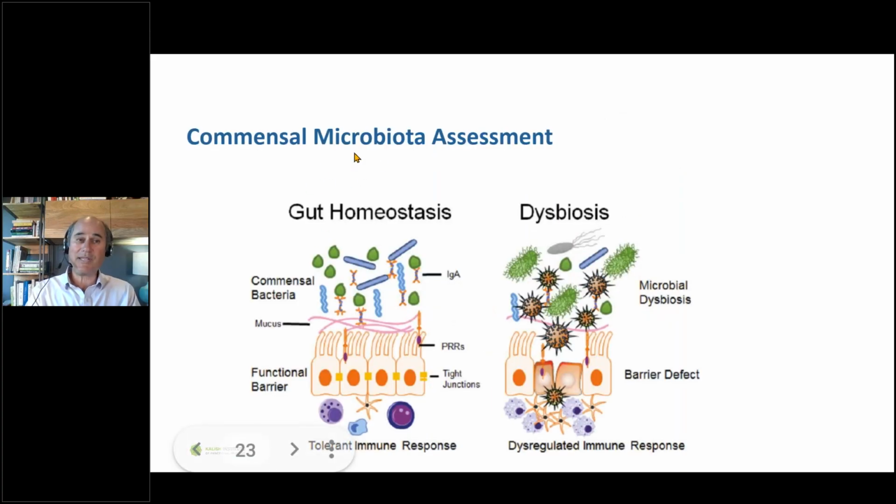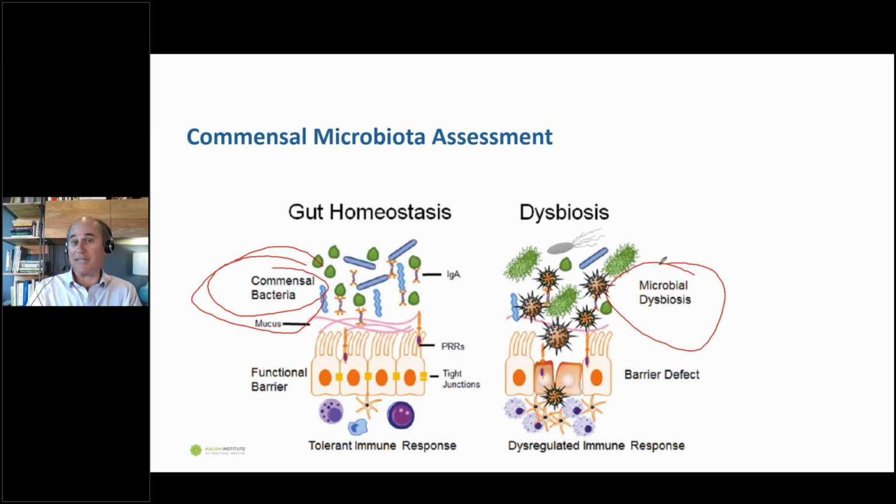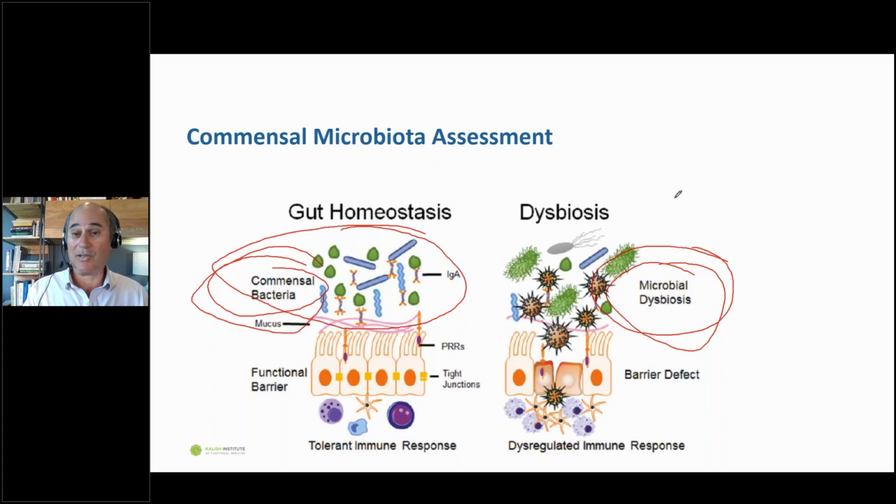Now, in each one of these different lab companies that we use, there's the commensal microbiota assessment section. They're going to show you what's happening with the good organisms, or the commensals, and what's happening with the dysbiotic or opportunistic ones. So again, you can have a series of problems. You're entitled to more than one problem at the same time. You could have a lack of commensals with or without dysbiosis. You could have a lack of commensals with an overgrowth of harmful ones. That would make sense, right? Because that would kind of match up. You can even have, this is not so common, a really good commensal population but also have dysbiosis. And you're going to see that right on the labs.